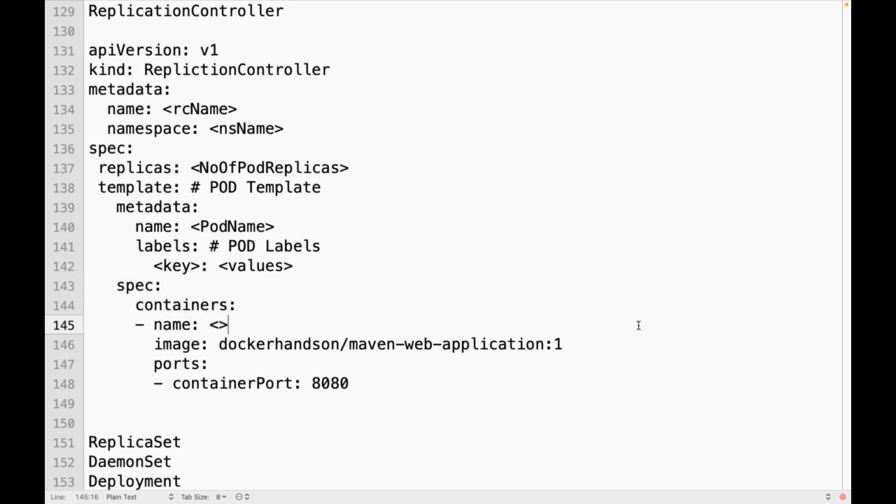So something like this: your container name, your image name, your container port.